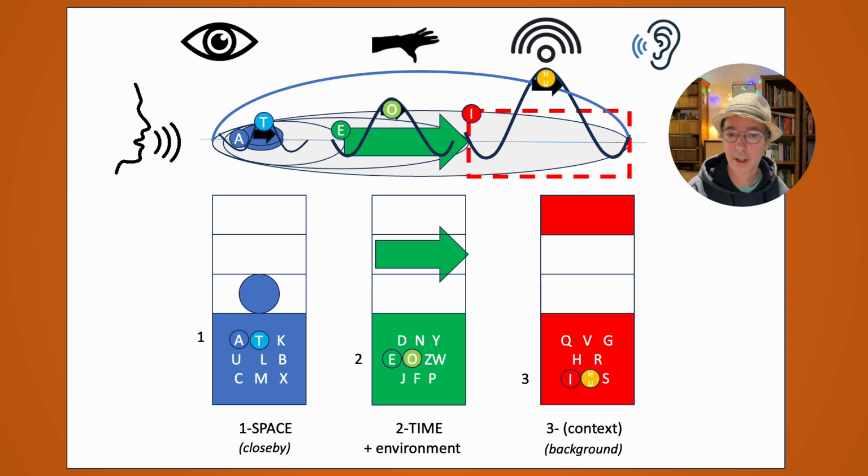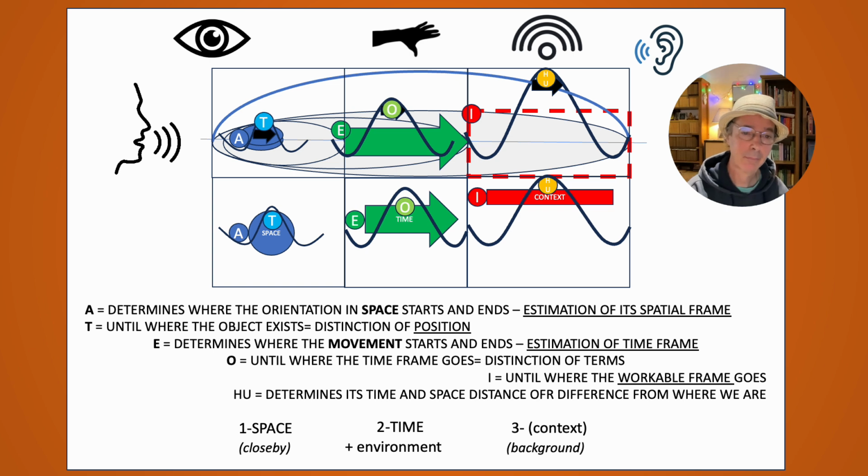With the O, the same thing. There I see, okay, I'm sure now in this time frame until here I can have an order. Or in the last sound, it is this. I'm going to say, okay, until here I'm sure, or I'm sure that in between what I think is sensible, I can make a logic from it, and if not, then forget it. So these three spaces are there. And we have already now 2 times 3 letters. The A, E, I is already well explained in the last video.